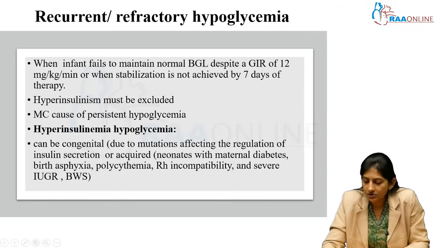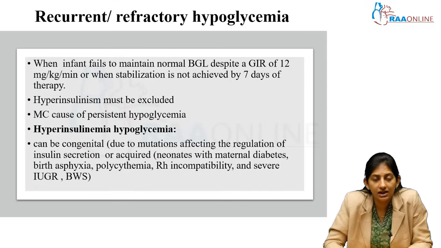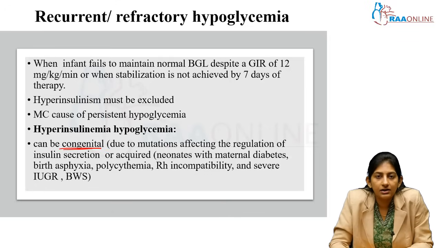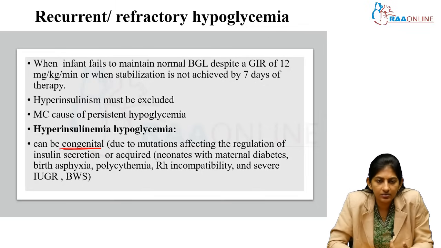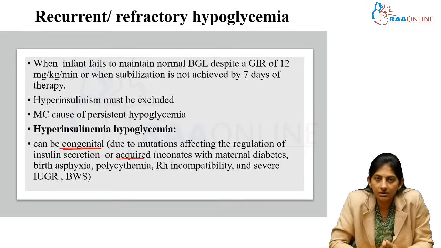And hyperinsulinemia, again, is not only in infants of diabetic mothers, but there are many other conditions also, like some genetic defects, receptor defects. So it can be congenital. So these are defects where the insulin secretion is not regulated, right? So we will talk about 2 or 3 conditions. I'll just give a description of 2 or 3. Congenital is mostly genetic defects. Acquired is of course IDM, infants of diabetic mothers, who will have a hyperinsulinemic state.